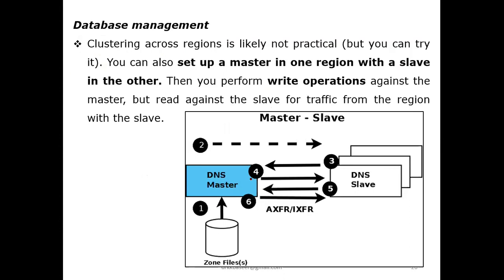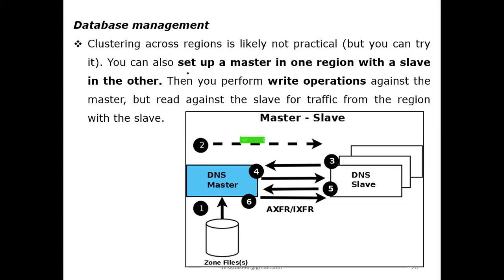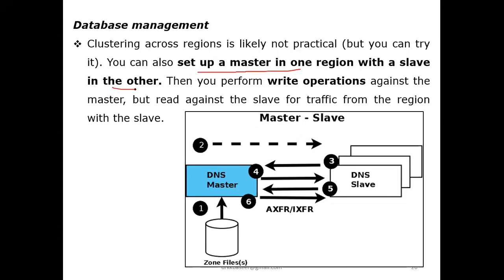The second subheading under this operations across zones is database management. How is the database management done? As you have already studied master and slave, we are going to make a setup of a master in one region and a slave in another region. We have seen master and slave previously also. If you see the figure, here is a DNS master. In the first step, we have the zone files. What we are doing for the zone files is, first, make a DNS master. Once you have made the DNS master, the second step is creating, in the third way, DNS slaves, like this.